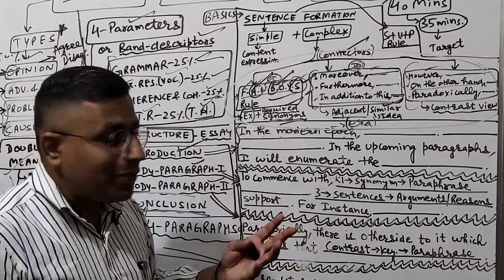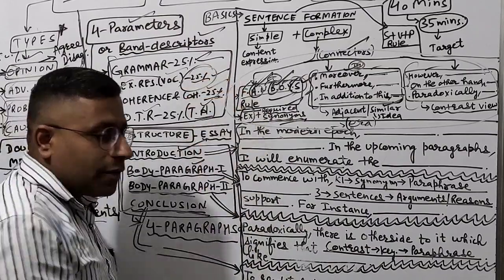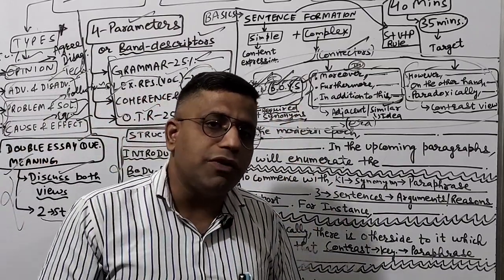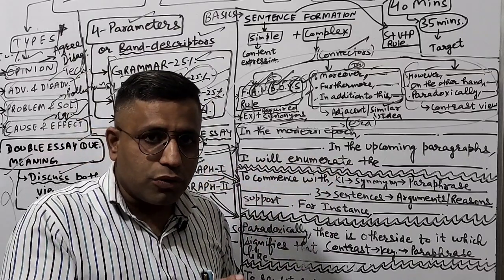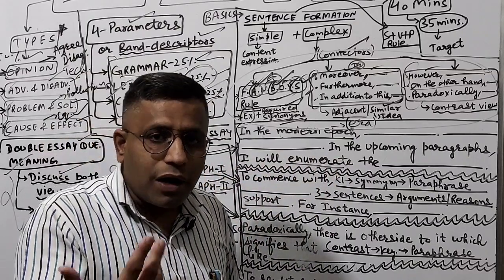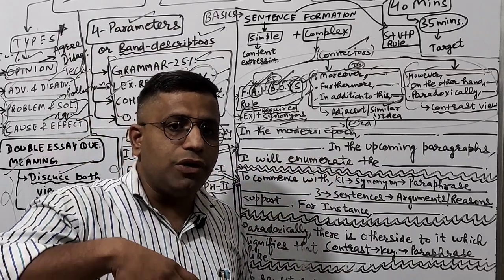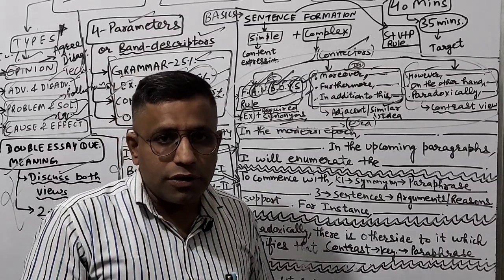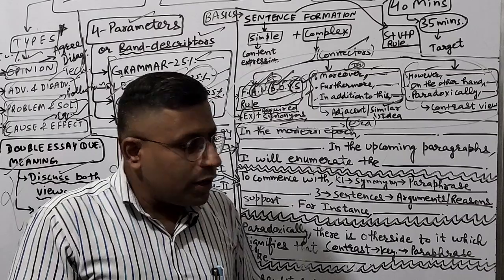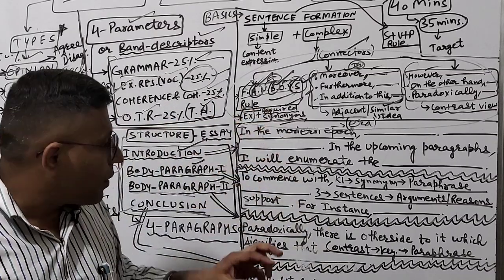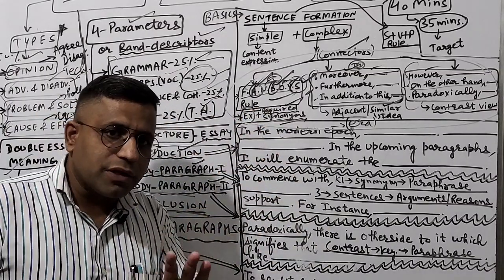So going by the requirement of vocabulary, that is 25%, I need to fit in at least 5 keywords from my own side. But otherwise, whatever keywords are given in the essay also, they will also work as synonyms. Whatever keywords you will be using according to the given synonyms in the essay, they will also be part and parcel of the vocabulary. So this was the first paragraph. I hope the first paragraph is clear to everyone.